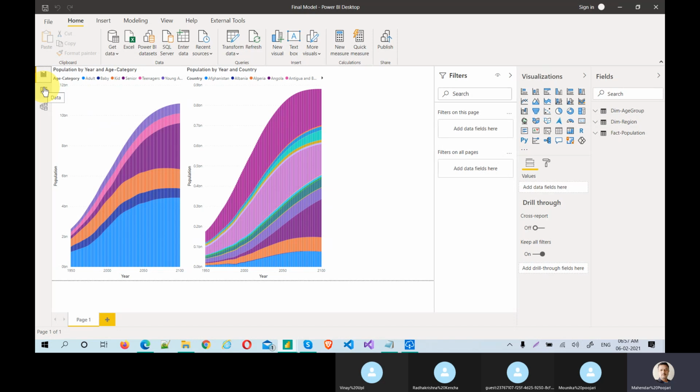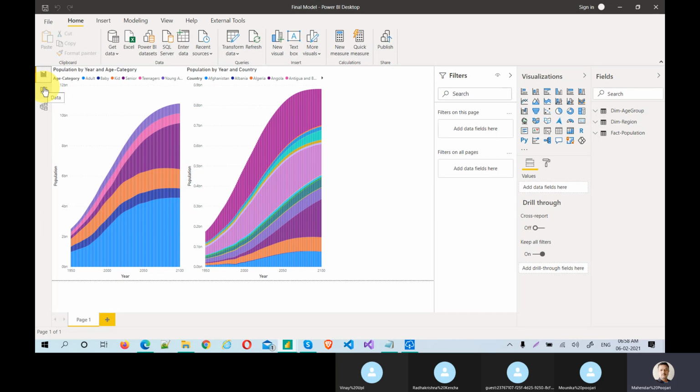You can also do import mode, but we go direct mode when there is a huge data set as a source, billions of records. If you do import, your Pro service is 10 GB, and if you import everything, the 10 GB might be used up and you cannot do anything further.